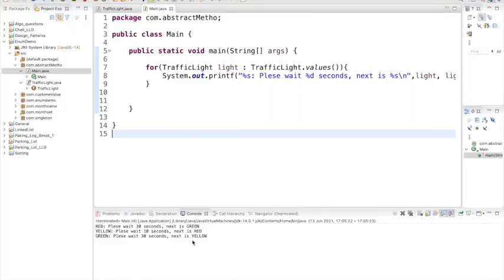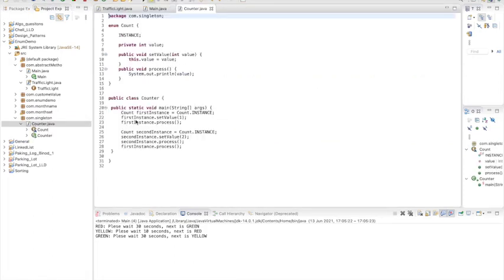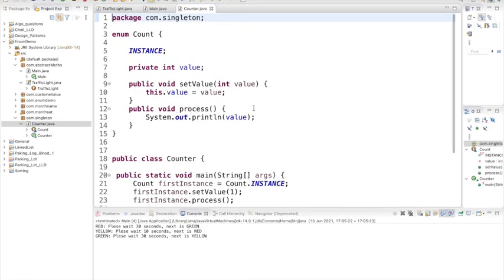Let me show the code first. So this is the singleton code. You have to use one instance keyword, and this is the set value. Actually, in any singleton, we used to write some code like a JDBC connection, right?